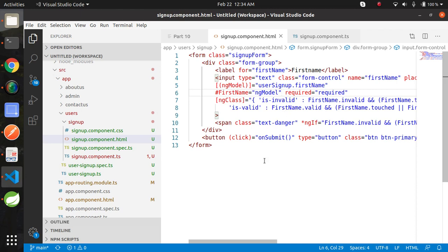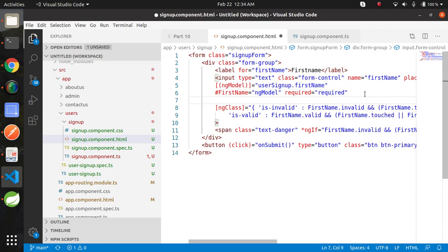Just try to add one more condition here. I'm going to add pattern. This can be only chars.